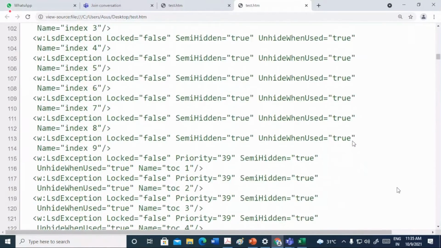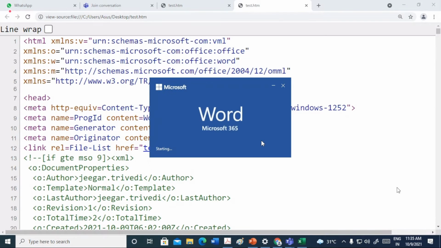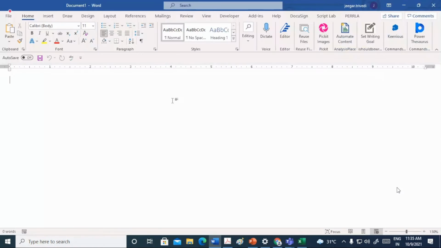So using Word as an HTML editor is also one of the options that you can easily use at any given point of time in case you are in trouble. Another thing is you can also use it as a programming language editor. For example, I just want to write a Python code. P has to be small. Print.